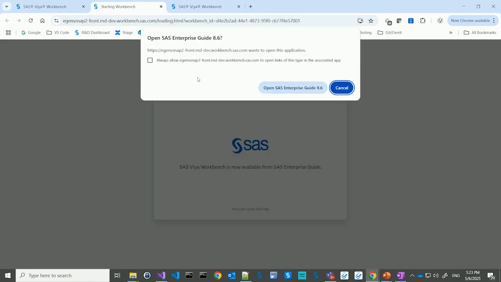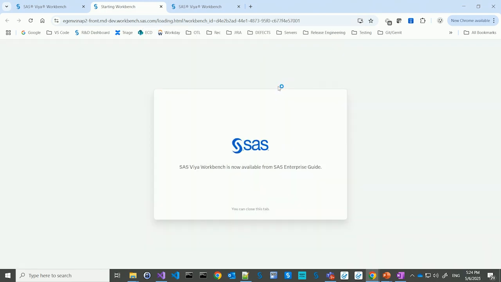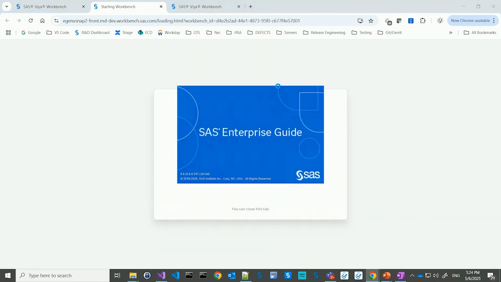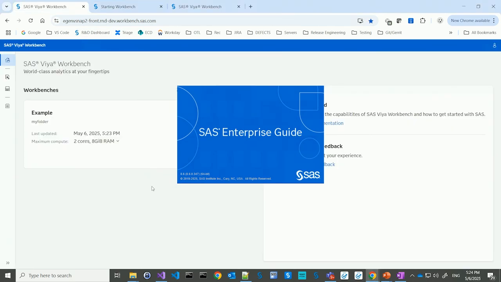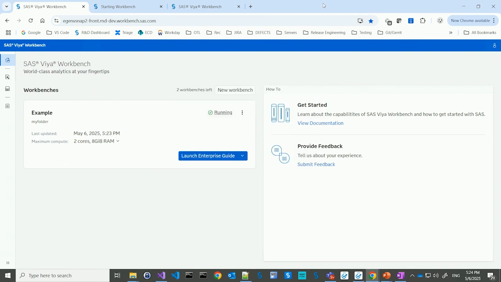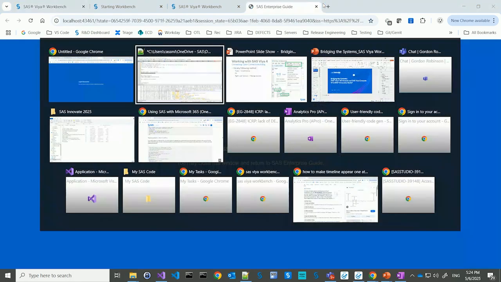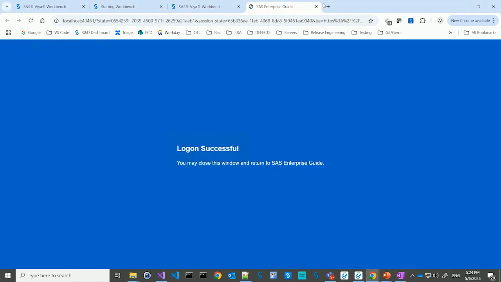Okay, so the workbench has now been switched over to Enterprise Guide. The web page prompts me, hey, do I want to start Enterprise Guide 8.6? And after I've created the workbench for EG that one time, I can go to this web page at any time and click that launch for Enterprise Guide, and it'll launch Enterprise Guide directly for me if I don't already have it started. But the reason I want to point out connecting this way